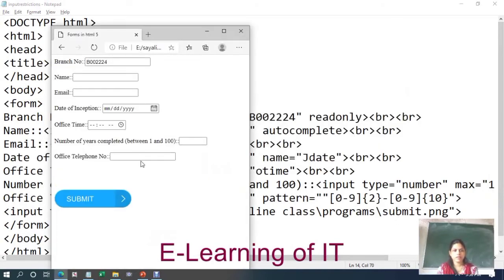So see here, you have to enter a phone number in the correct way, in the specified regular expression. Suppose you enter a number like this and try to submit it, then it will not match the requested format. So the format that we have provided is, first provide any two numbers, then after that a dash, and then after that 10 digits are allowed.